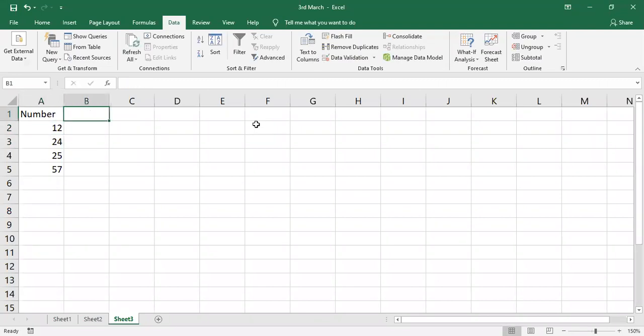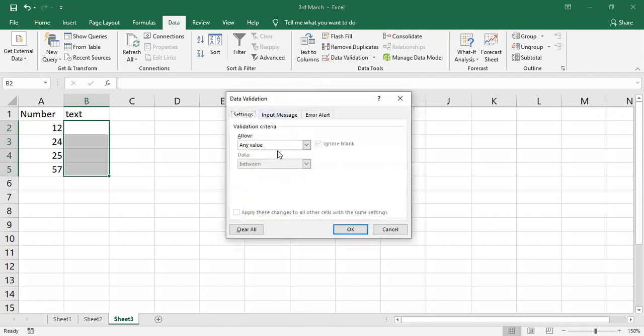If you want custom for text, text means the combination of alphabets and numbers. Only text also is possible. Now I'll select this. Data validation. Here I'll select custom and give is text.